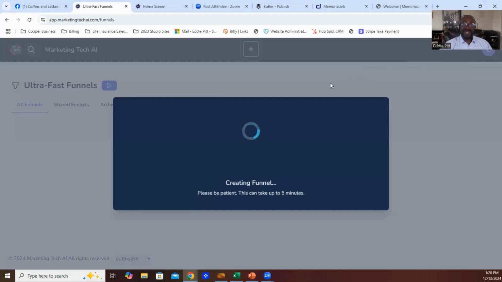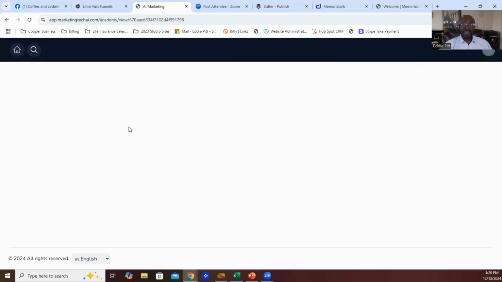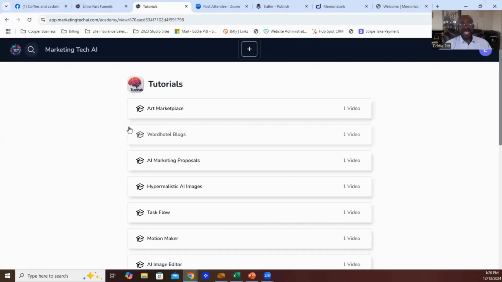Let's take a look at something else while we're waiting. When we look at the tutorials, all the applications that you see can be confusing. They all won't be on this program later. Now, you'll never lose yours, but later on, they're going to be segmented, and there'll be a few apps for each individual need or each individual business. But we're now rolling this out, and you are part of the rollout crew. So you grow as we grow. When we build a new app, you're going to have the opportunity to get that as well.